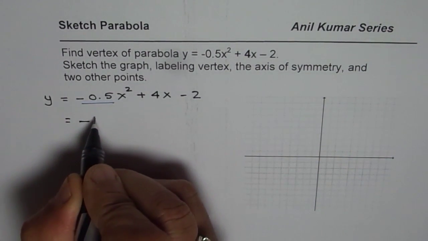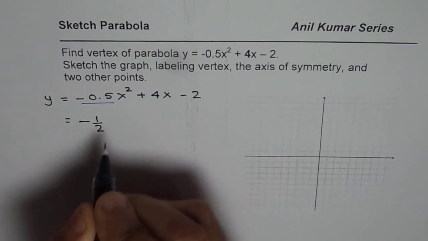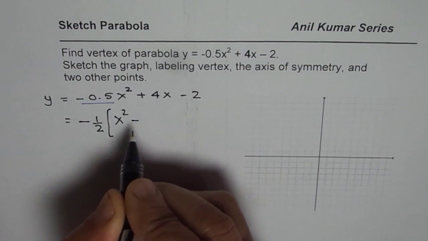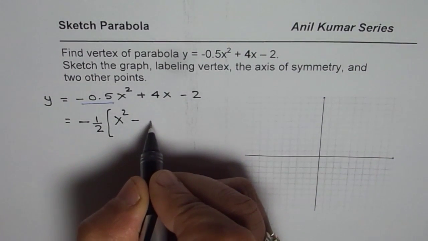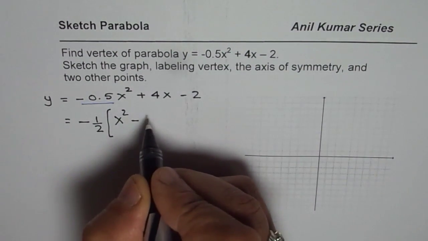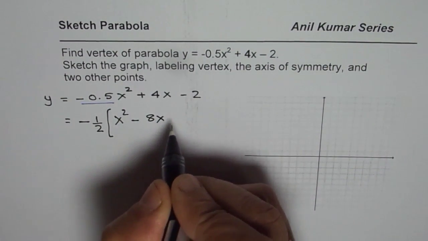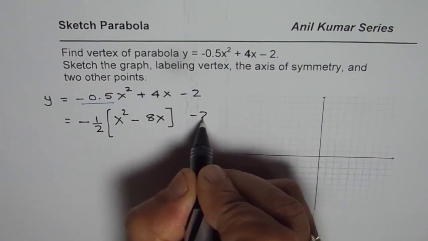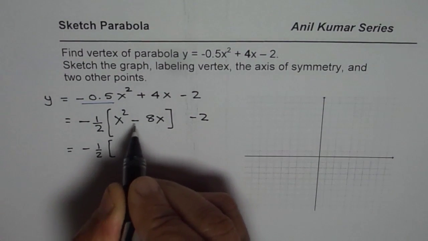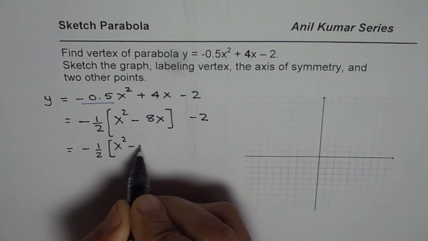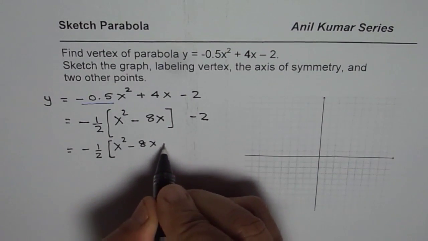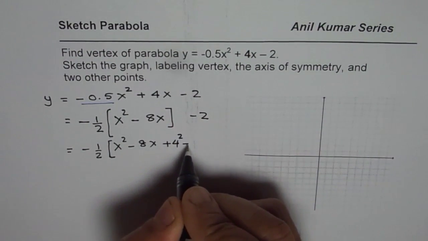Right? So let me write minus 0.5 as minus half. It helps. And then we have x squared. Since I took out the minus, we have to divide 4 by minus 0.5. When you divide 4 by minus 0.5, it's as good as multiplying by minus 2. So we get minus 8x here. Correct? Minus 2. Now we get minus half, and in this square bracket, we have x squared minus 8x. Half of 8 is 4, so we'll add and subtract 4 squared